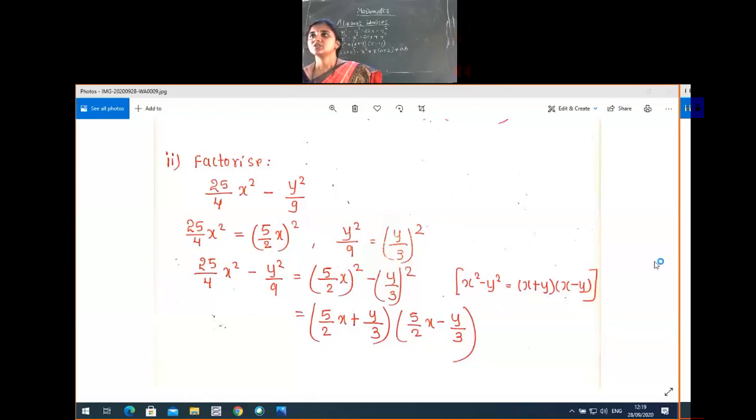Yes. So what we want to discuss today is a total of 4 identities. That is x plus y whole square, which is equal to x square plus 2xy plus y square. Then x minus y whole square is equal to x square minus 2xy plus y square. Then x square minus y square, which is equal to x plus y into x minus y. Then x plus a into x plus b, which is equal to x square plus x into a plus b plus ab. So using these four identities, we have to work out a few problems that are in your exercise part. So we will discuss that.